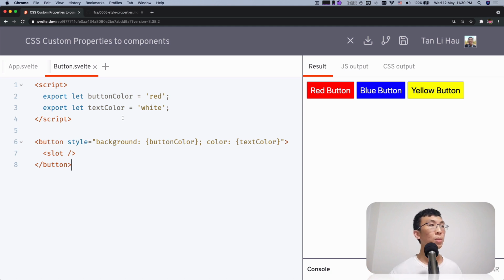So here, sometimes you want to style your elements using CSS Custom Properties. CSS Custom Properties are properties that you can define yourself. Properties like background and color are built-in properties, right? But then you also can define some custom properties. For example,